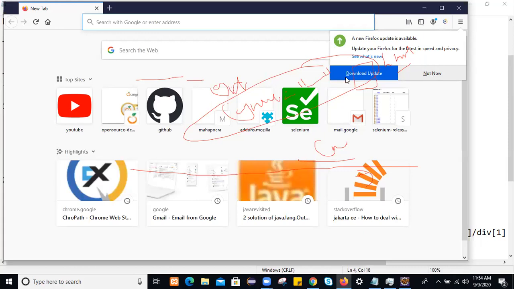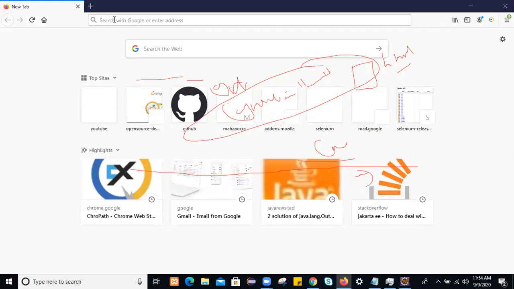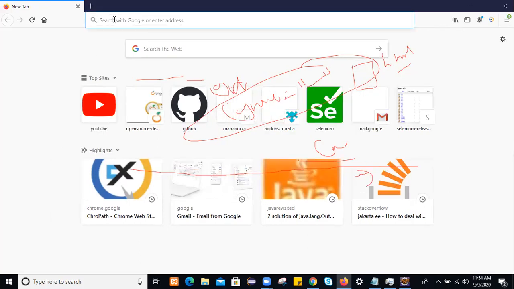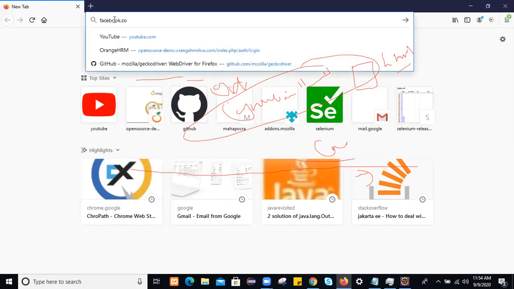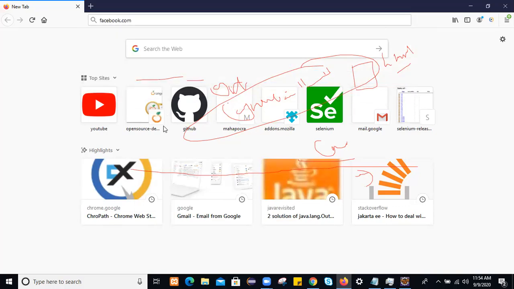Not now, we don't want to save this. Just navigate to the application, any application you like. Let me go to Facebook. On the Facebook page, how can we generate an XPath by using relative XPath?